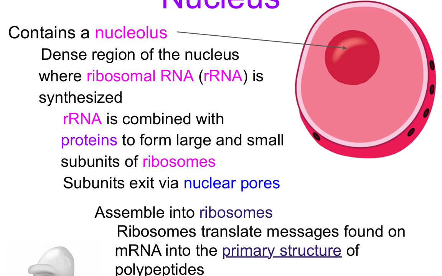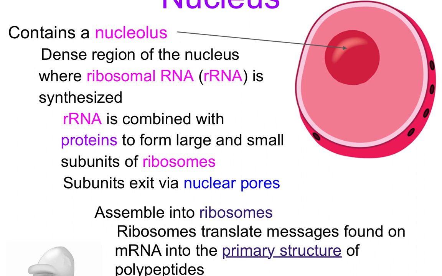The nucleus contains a nucleolus. A nucleolus is a very dense region within the nucleus, and that's where ribosomal RNA, perhaps you've heard of rRNA, is synthesized. So rRNA is combined with proteins to form larger and smaller subunits of ribosomes. And these subunits, they exit via that nuclear pore system. They're also assembled into ribosomes, and ribosomes translate messages found on mRNA into the primary structure of what we know